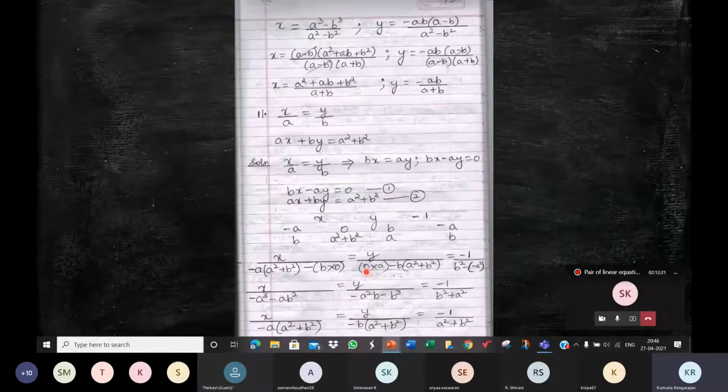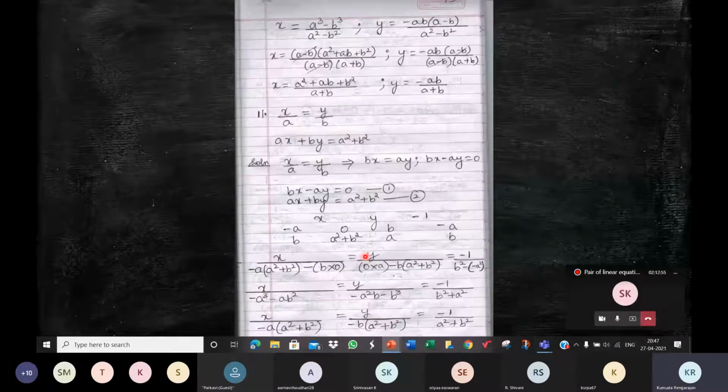So I'm saying the 0 into A, it is important that you write it. Because if you write this product first and then this product, you will realize that you have to put this minus sign here. Suppose you didn't write this thinking that it is 0, then maybe you will just write B into A square plus B square. There's nothing here, then why should I put a minus sign? You have to imagine you didn't put this minus sign, the value will be different. You will be incorrect there. Your answer will be incorrect.